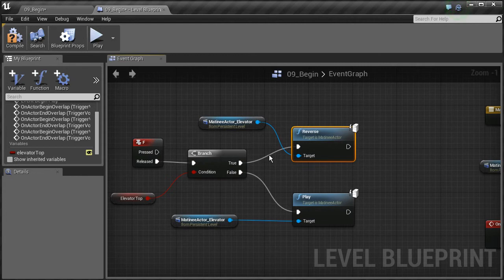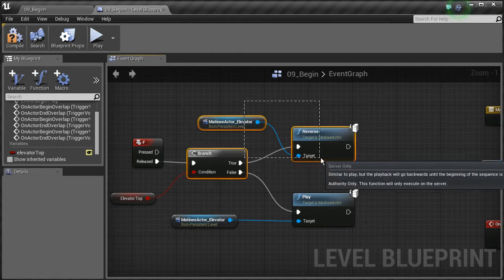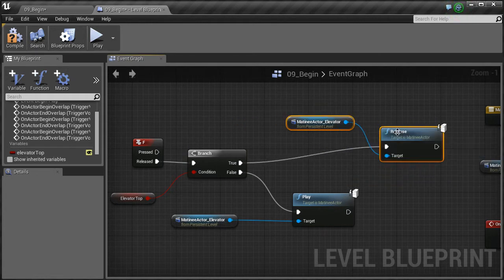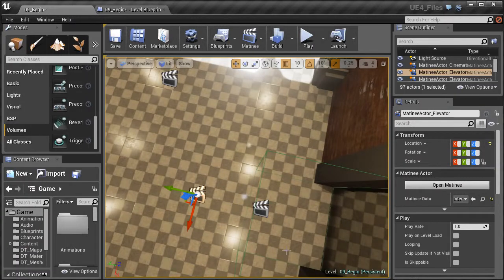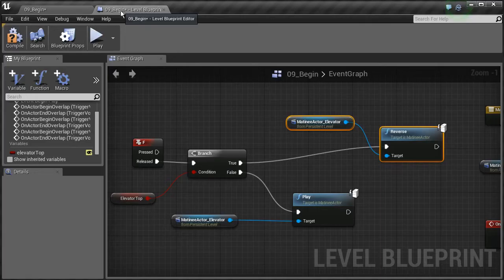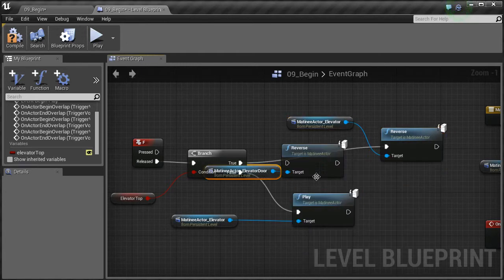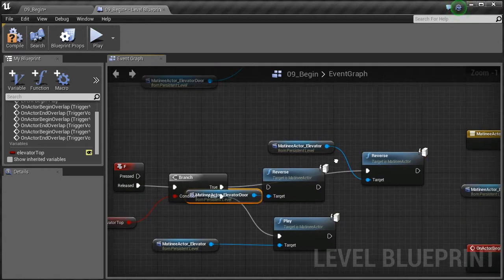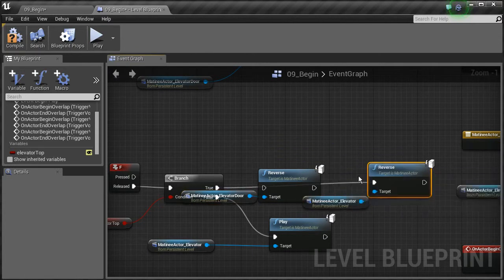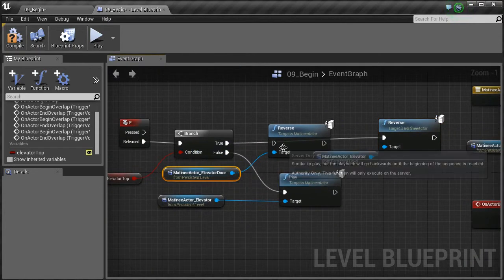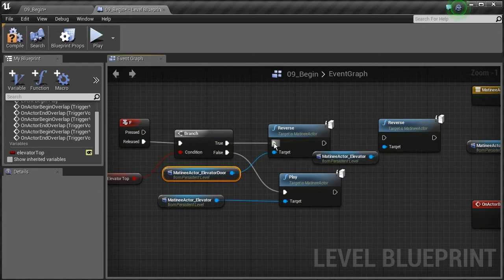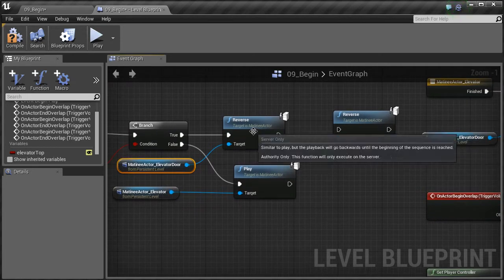Now, the doors are going to stay open if we press that F key again. And so we want to make sure that we play the reverse of the doors as well. So what I'm going to do is take the reverse of the elevator and pull it over here, but let's select the matinee for the doors. Let's right click and type in reverse again. And it's going to use those instead this time. Pull that down here. Let's clean this up a little bit. I'm going to plug this into the reverse for the door, and then it's going to go right into the